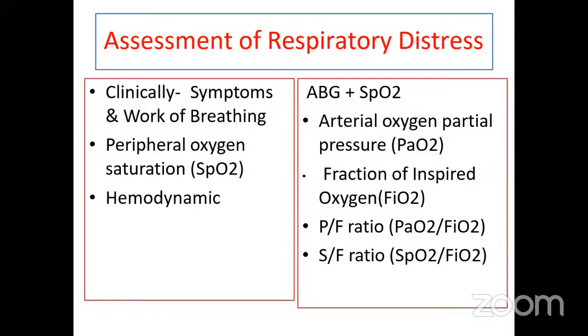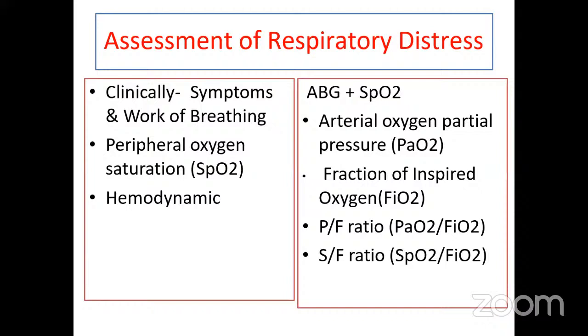Then arterial blood gases and SpO2. आर्टीरियल ऑक्सीजन पार्शियल प्रेशर हमें देखना होता है, वो हम ब्लड गैसेस में PaO2 देखते हैं जो कितना डिसॉल्व है प्लाज्मा में ऑक्सीजन, फ्रैक्शन ऑफ इंस्पायर्ड ऑक्सीजन हम देखते हैं कि कितनी हम FiO2 दे रहे हैं। इन दोनों का रेशियो, PaO2 और FiO2 का, इसको हम PF रेशियो बोलते हैं। लो ऑक्सीजनेशन स्टेट्स में बच्चे की, जैसे कि RDS, ये कम हो जाता है। 300 से कम में हम कहते हैं कि ये एक्यूट लंग इंजरी है, 200 से कम हम कहते हैं कि नहीं ये तो ARDS है। लेकिन नई डेफिनेशंस के हिसाब से ALI को अब ना मानते हुए less than 200, less than 300 को ही हम ARDS मानते हैं। ALI जैसी चीज अब नहीं है, क्योंकि कई स्टेजेस हो सकती हैं ARDS के डेवलप करने की।